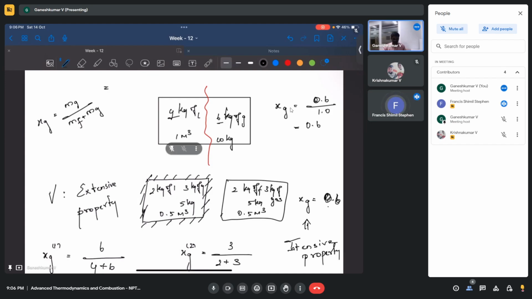One more thing, entropy is actually an intensive property. Entropy, yeah, entropy is an intensive property. There are two entropies. Like we have enthalpy, there is capital H and small h, specific enthalpy. Similarly, there is specific entropy. Specific entropy is an intensive property. Entropy is nothing but mass times specific entropy, which is an extensive property.